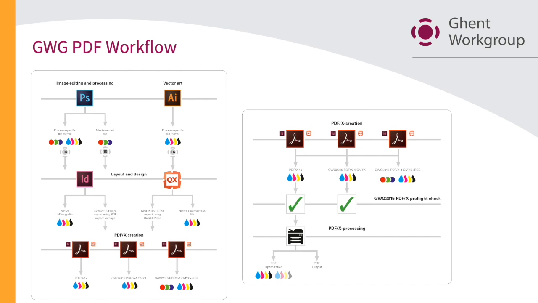Images are more and more prepared and delivered in the RGB color space, hopefully with a source profile. And in some cases, because of legacy material, images are still delivered in CMYK or already separated to the so-to-speak output